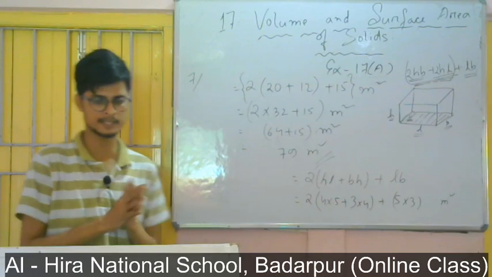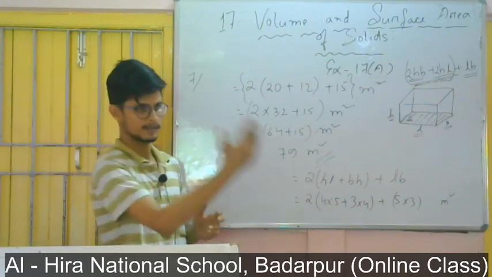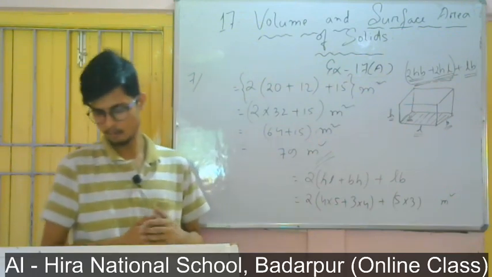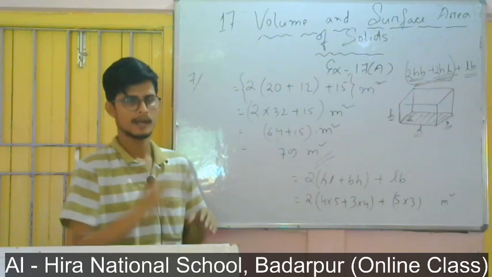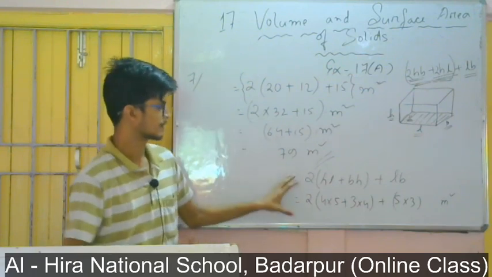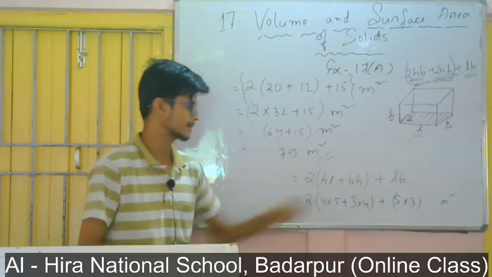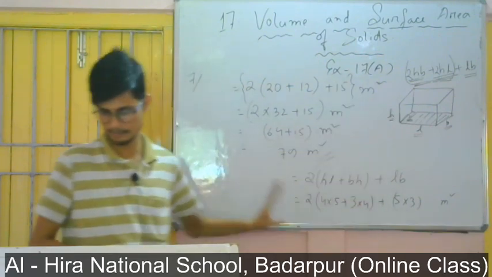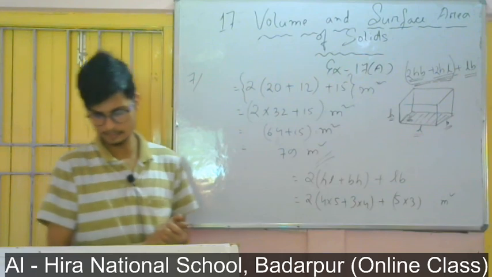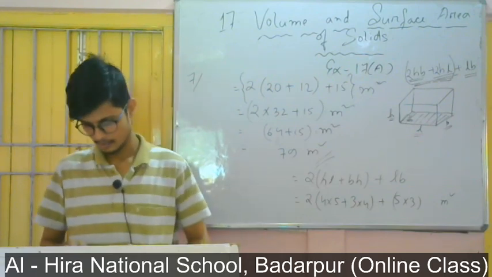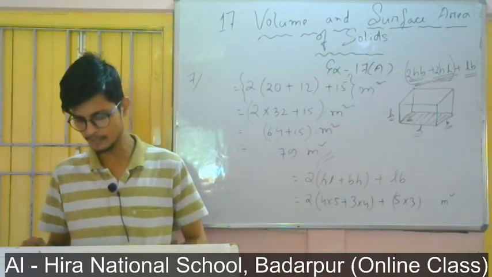So same like this one. The question is to find the floor and the wall. So floor you will find 1 and the 4 wall. So same, you use this formula 2 into HL plus BH, and then you write LB, same thing, everything same, and at last you have to find the rate, at a rate of rupees 12 per square meter.